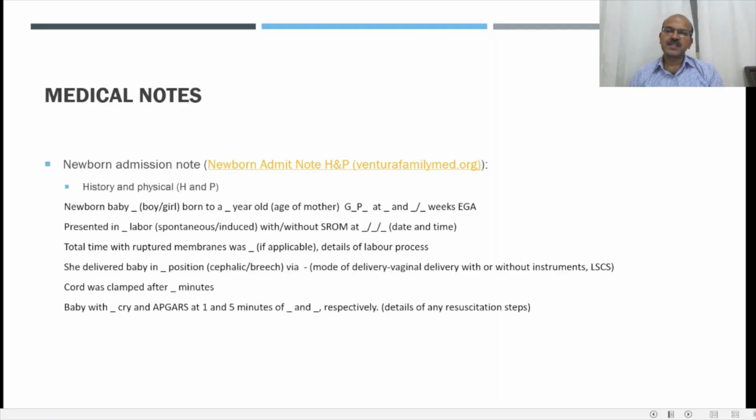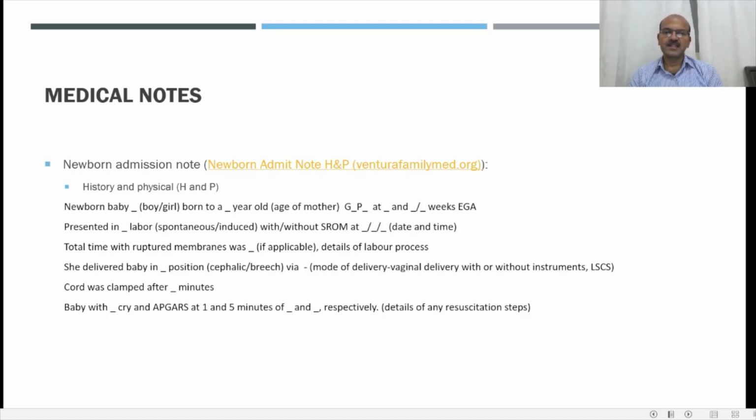So in terms of physician notes, we have the medical notes, and this is a sample which is provided on the venturafamilymed.org website. It's similar to what most of us use, and I just took it from there for ease. History and physical examination. Obviously you start the initial description with something like newborn baby, boy or girl, born to